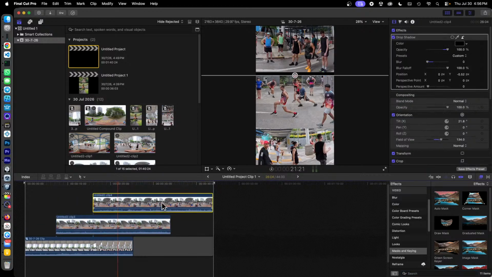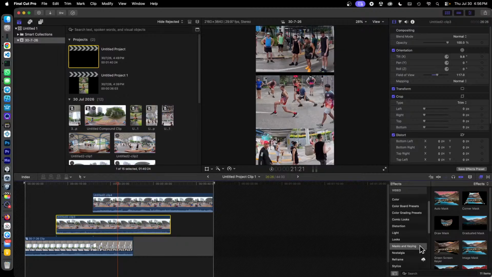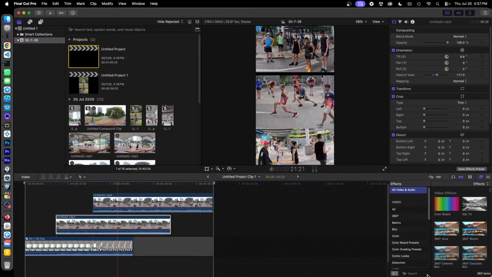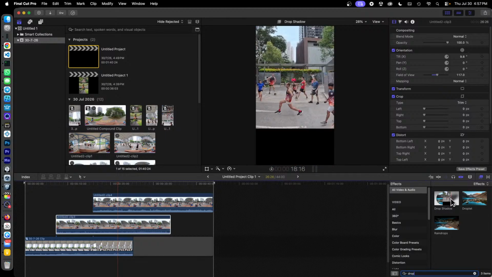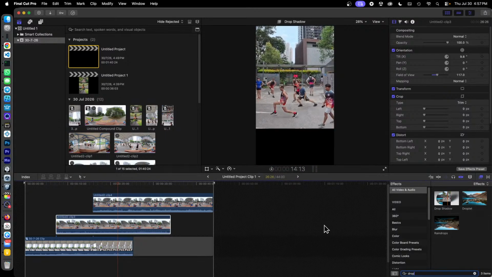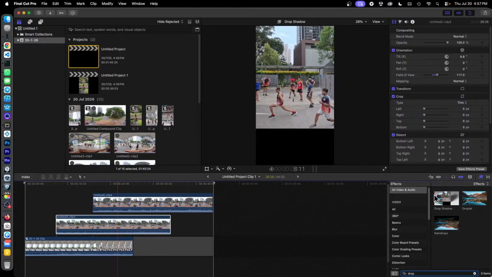I created this clip with a drop shadow, right? Therefore, there shouldn't be a reason why I'm not allowed to select drop shadow here. There you go. It's a bit odd. When I click all videos and audio, it shows up. Same way as Premiere, we need to drag and drop the effect into the